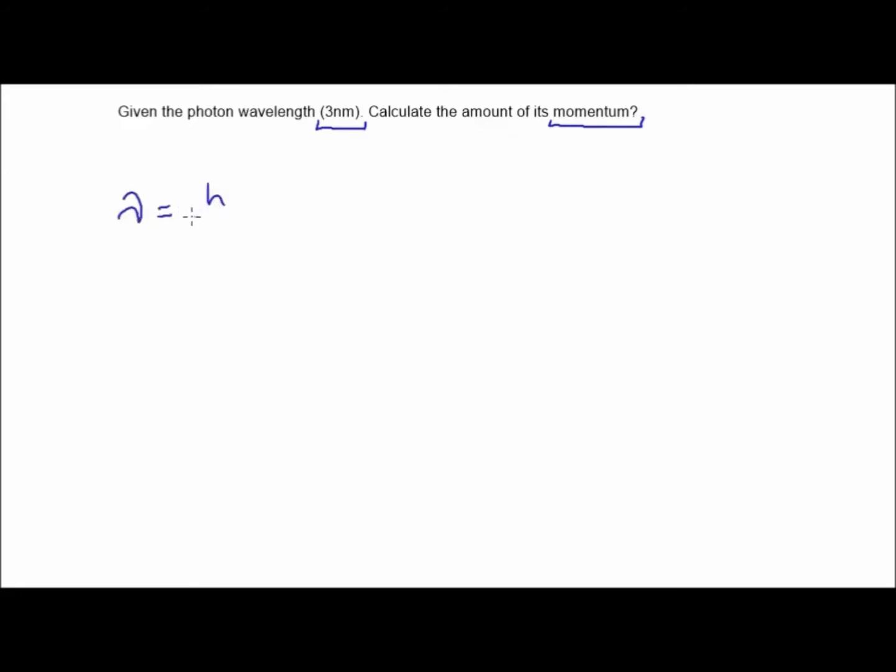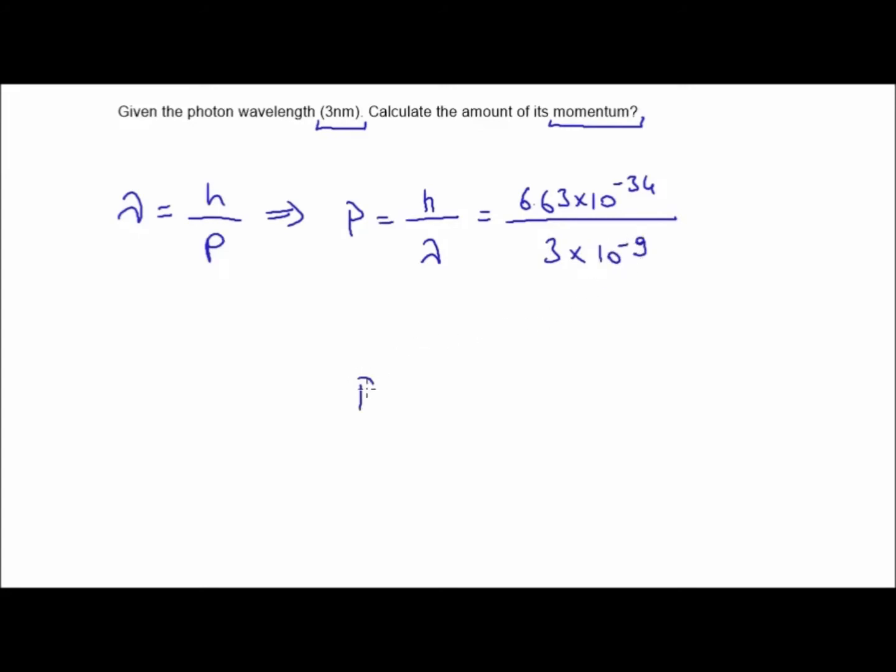The question says given photon wavelength 3 nanometers, calculate its momentum. Lambda equals h over p, that means Planck constant over momentum. So momentum is equal to h over lambda. H is the Planck constant, which is 6.63 times 10 to minus 34, over lambda, which is 3 nanometer. Nanometer is 10 to minus 9. So momentum is going to be 2.21 times 10 to minus 25